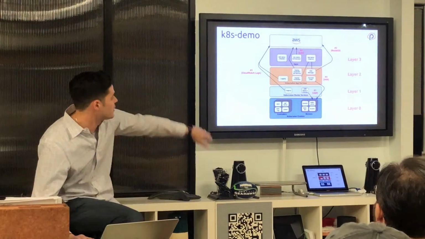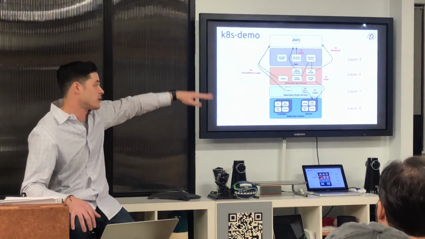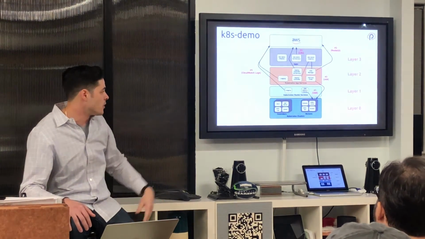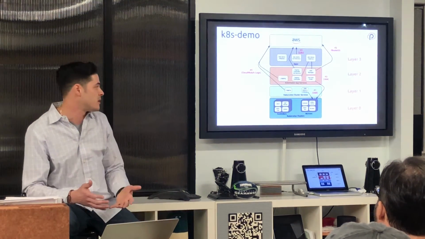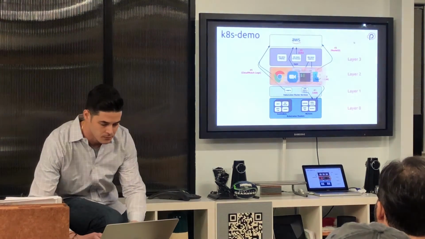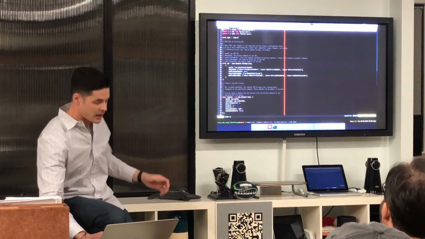So let's start with each of these layers. I have 4 Pulumi programs, one for each layer. I'm going to start from the bottom all the way up. So step 0, we're going to actually provision a Pulumi cluster with EKS. So this is what it takes to actually,